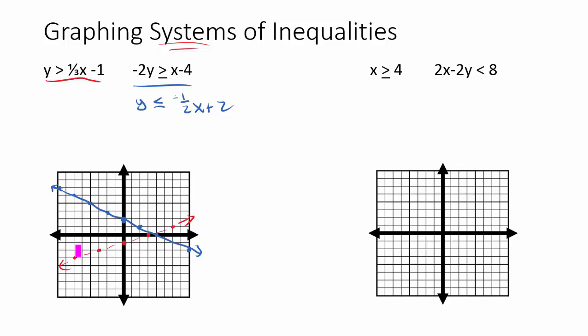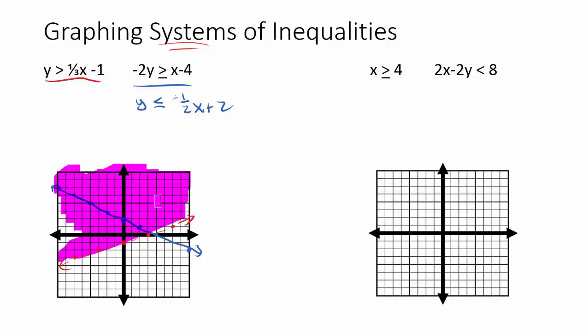So since this is a greater than sign, I'm going to shade above the red line. That would be up here. Anything above that red line is going to get shaded in. And then for the blue line, I'm going to shade this in blue. I'll shade anything below the blue line, since it's less than or equal to. I'm going to shade anything down here